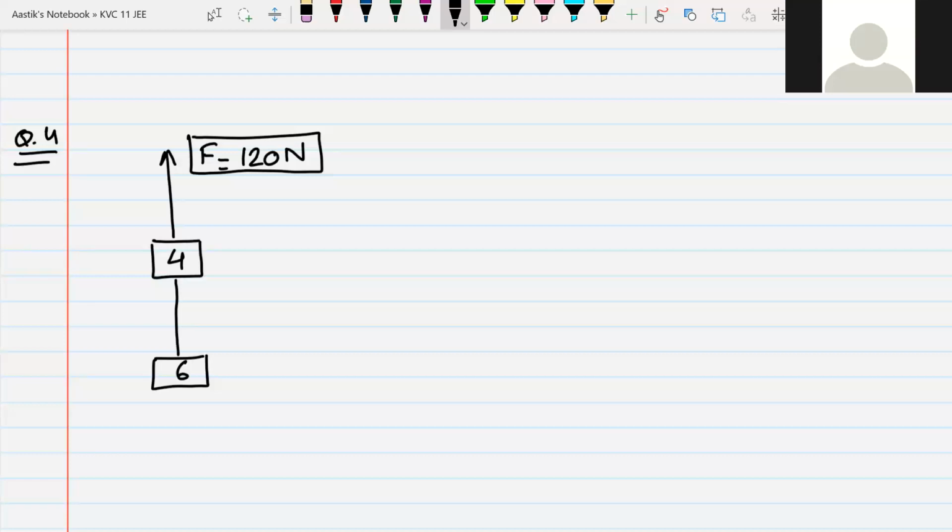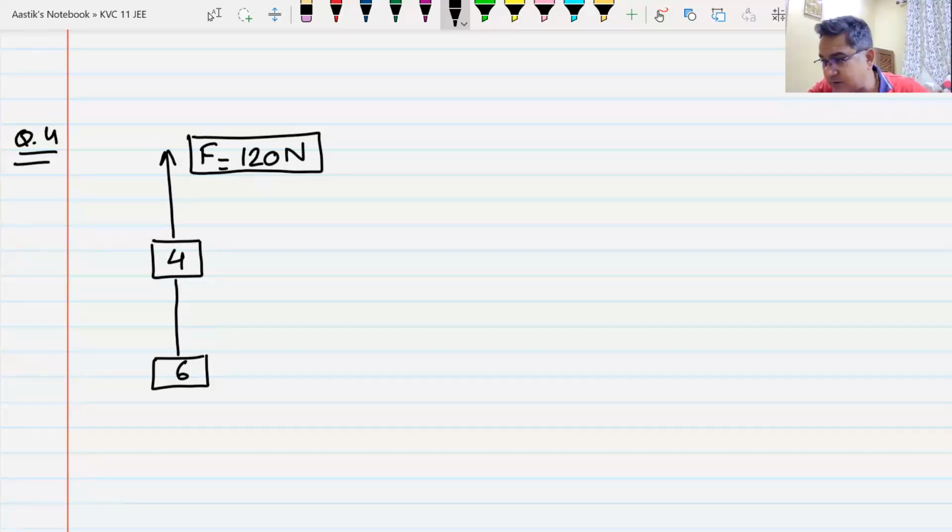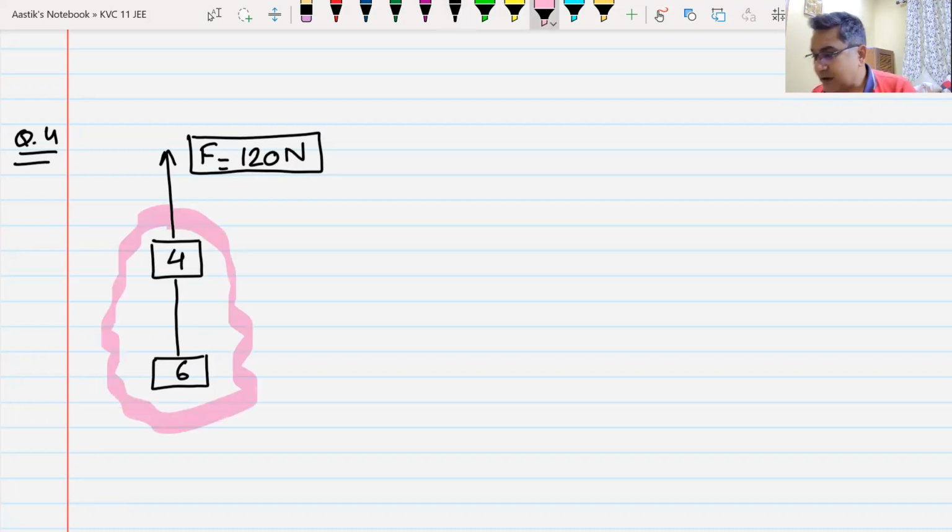2 meter per second square. 2 meter per second square is correct. Upwards or downwards? Upwards. That is also correct. What about the others? Everyone got the same answer? How are you supposed to do this? Once you realize that both the bodies are going to move as one system,